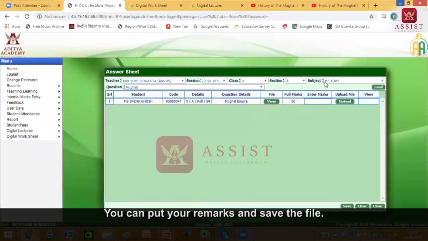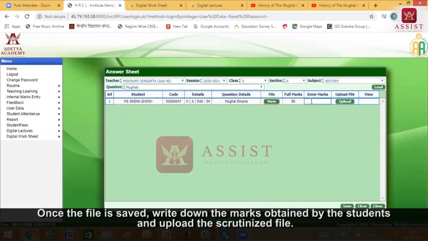Now since it has been saved, I have to give marks, and this person has given the right answer, so he gets 50 out of 50. So I write 50.